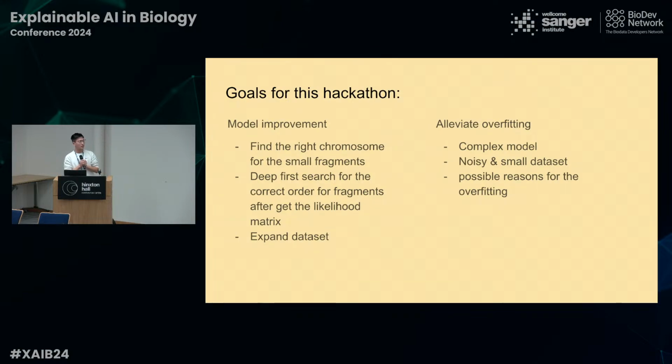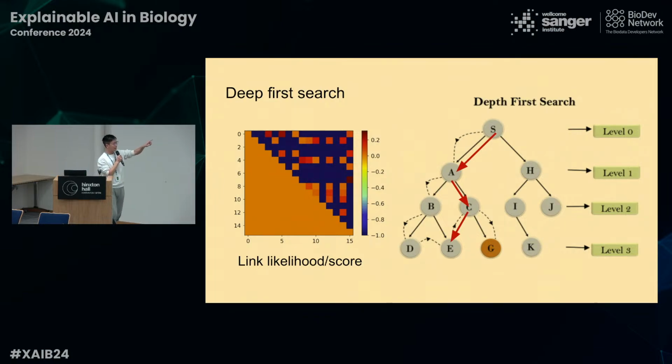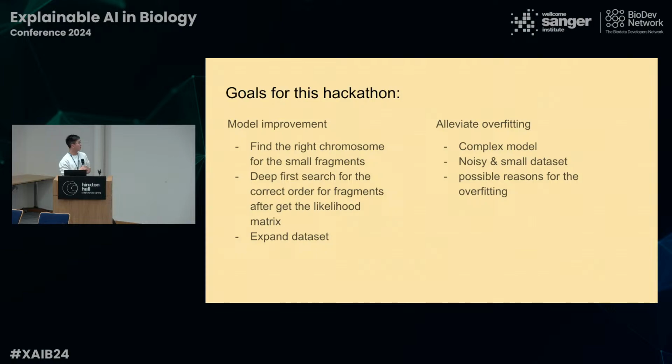For the depth-first search, if we look here, for S we just search for the end of S. But actually in a genome, for one fragment, we have an end and we have a head. We need to search both of them and find which one should be linked first. So here we also made some modification to the depth-first search, and then because of the overfitting problem, we expanded our